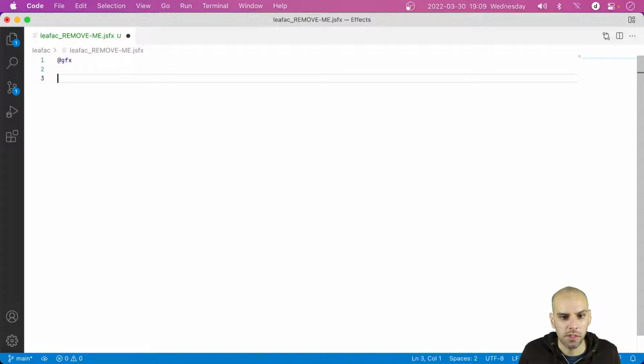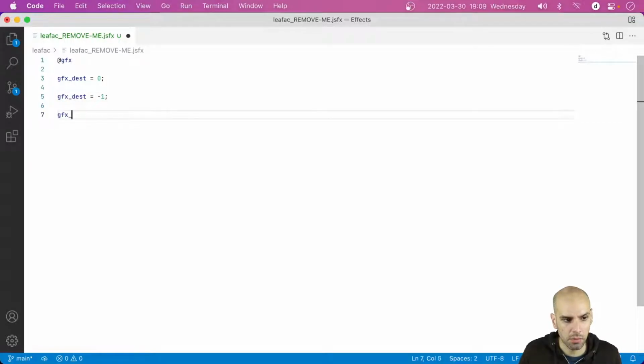It will be a very simple one. It only has a GFX block. And when we are drawing into the frame buffer that you actually see, that's something that you don't have access to later because it has been erased the next time we go around the GFX block. So I'll change to the destination 0, and then at the end I'll change the destination to -1, and I will split